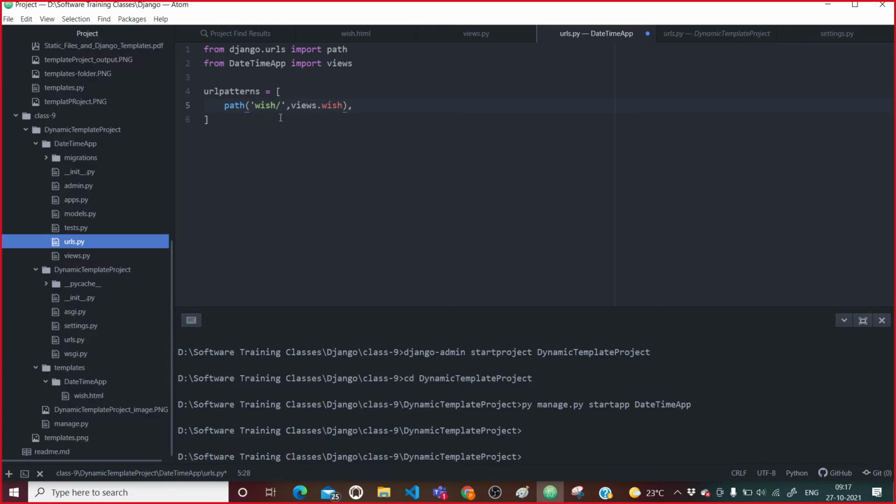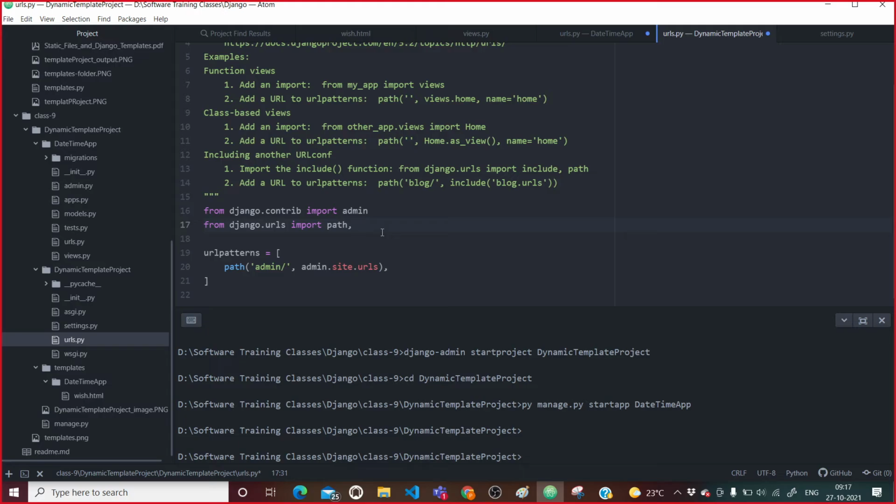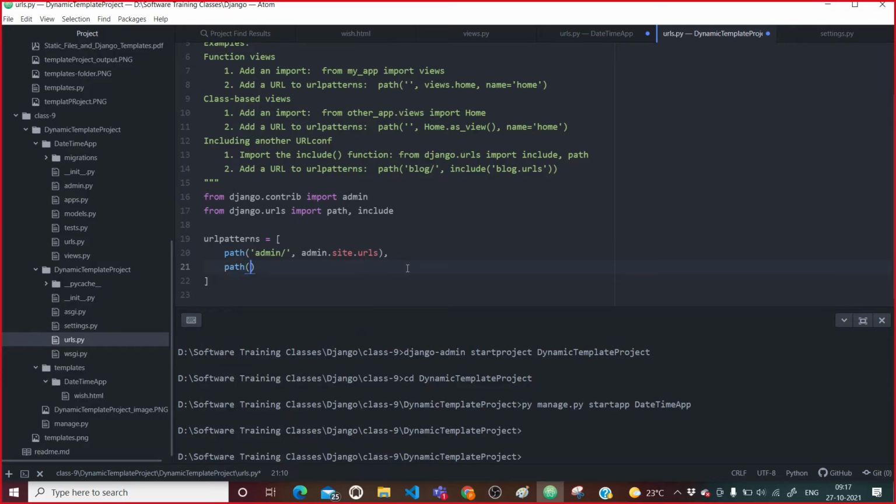Now this URL I will have to map. Here I need to include, and I will have to say path datetime app.